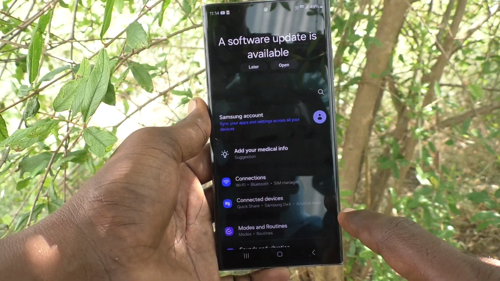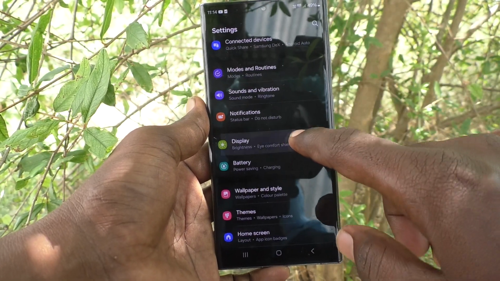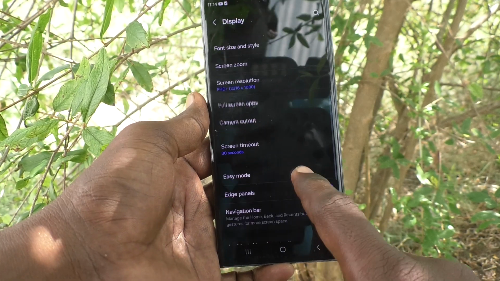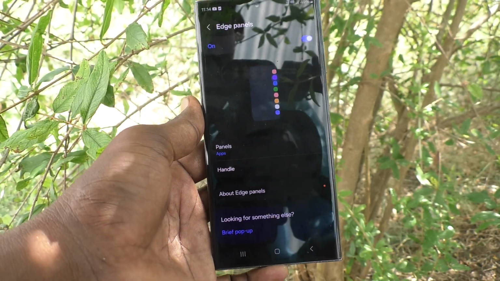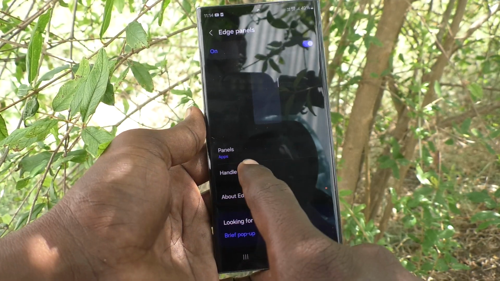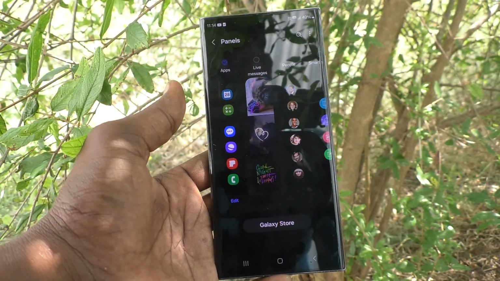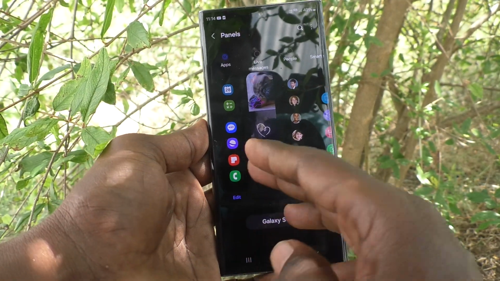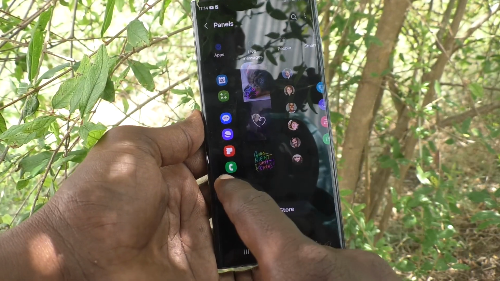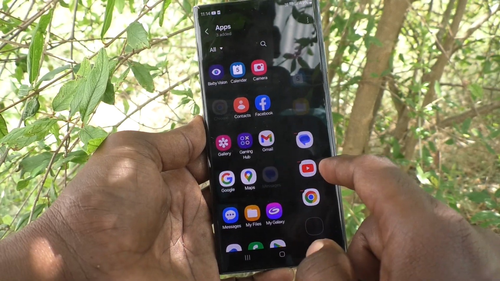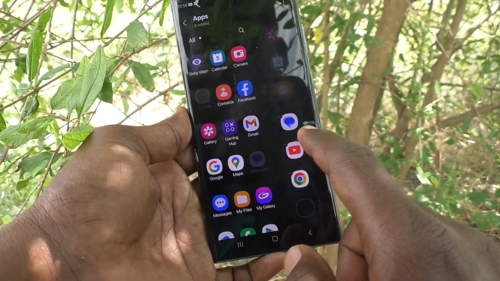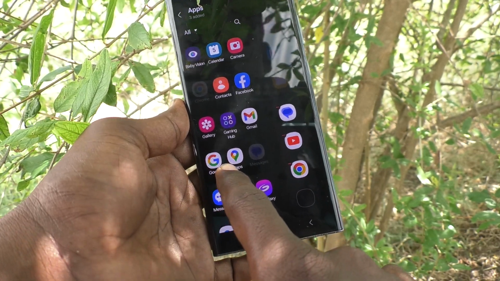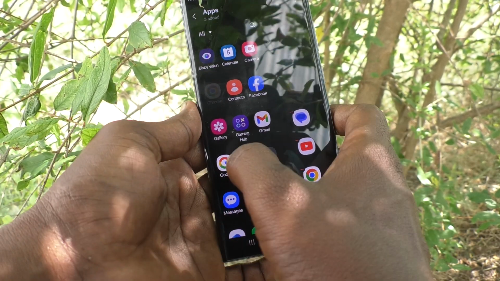What you have to do is go to the settings of our phone here, then go to display, then here select edge panels. Just click over edge panels and here click on panels, and as of now panels are showing only apps. If you want to replace available apps with the other one, click on edit and here you can replace. Okay, if you want to add Google, just drag like this,